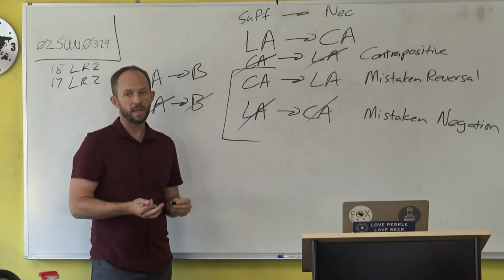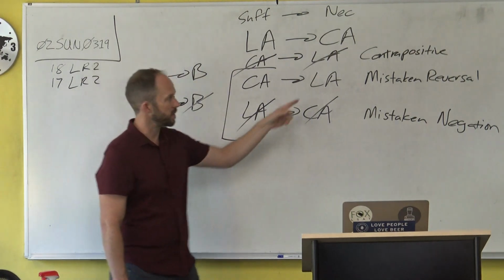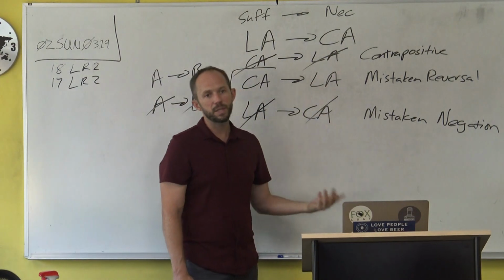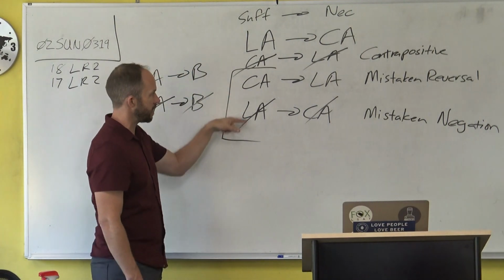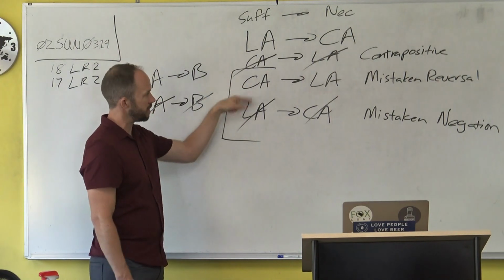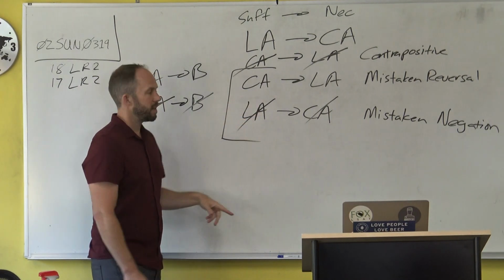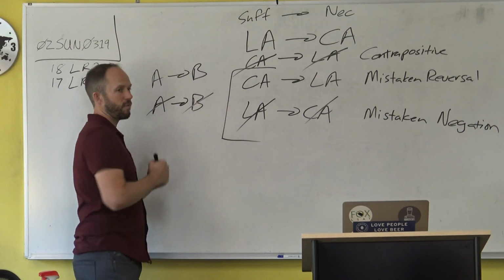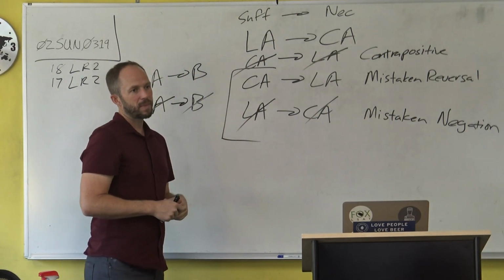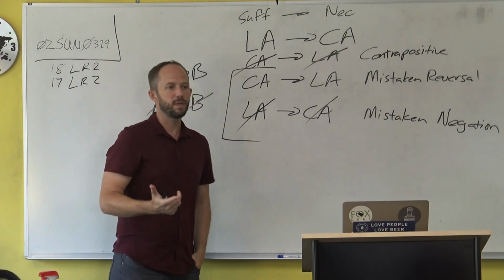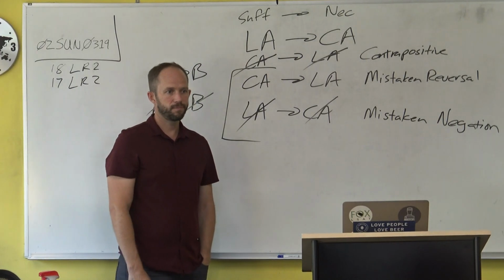But sometimes the LSAT will, on a harder matching pattern question, actually test the difference between a mistaken reversal and a mistaken negation. I wish they would take it off the test because once you've spotted the flaw, you've spotted the flaw. If you narrowed it down to these two, if you were trying to match this and you narrowed it down to these two, you're right, these are logically equivalent. But if they had looked for this form of the flaw, then I guess this is a closer match to that form of the flaw. It's a stupid little tiny distinction that I wish they wouldn't test anymore, but they do test it sometimes and now you know. Any questions about that?